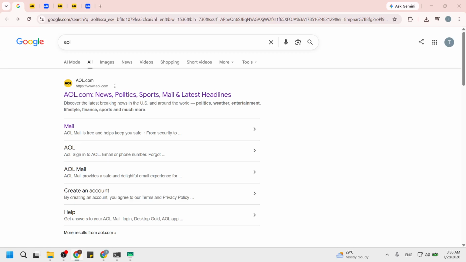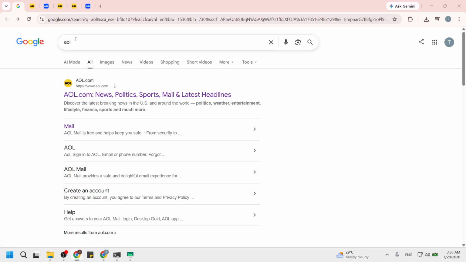First, open your browser and search for AOL. Type AOL in the search bar and press enter. On the results page, you should see the official AOL site near the top. The link usually has AOL spelled out clearly and mentions mail or AOL mail in the small description text. Take a quick second to confirm it looks like the real AOL page so you do not end up on